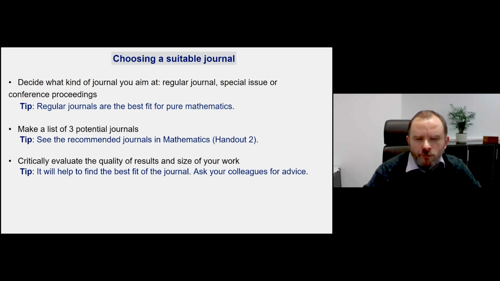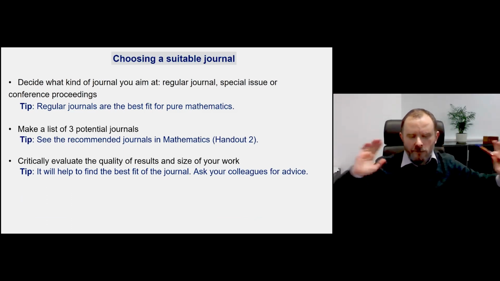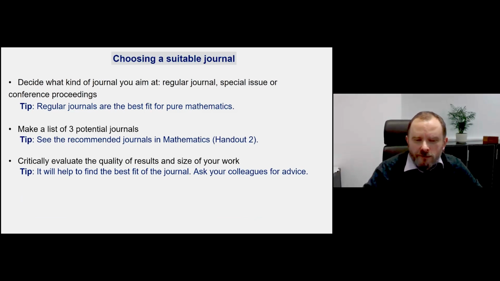Yes. And you should be honest with yourself. You should ask yourself, what is the quality of your results? I don't recommend sending all publications to Annals of Mathematics. If you don't think that your result corresponds to this level, please don't do it. If you think that you prove something really crucial, then there is, I don't know, a list of 6 journals which I like very much. I don't know, this is quite a common opinion. Annals of Mathematics, Inventiones, Acta Mathematica, Duke Mathematical Journal, what else? Journal of the American Mathematical Society, Journal of the European Mathematical Society. This is the very top.